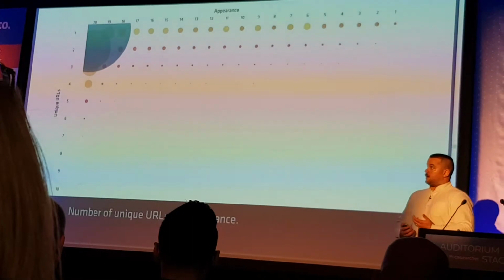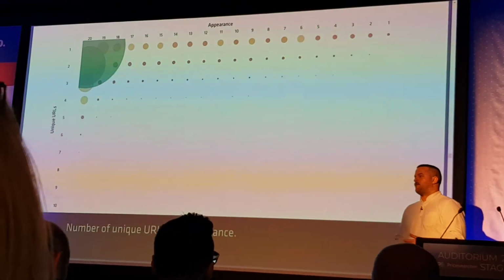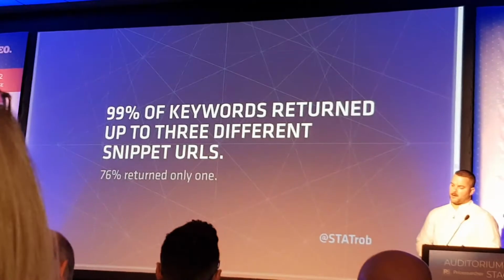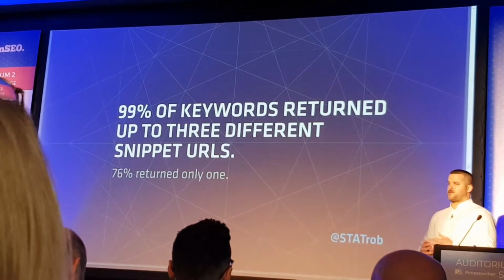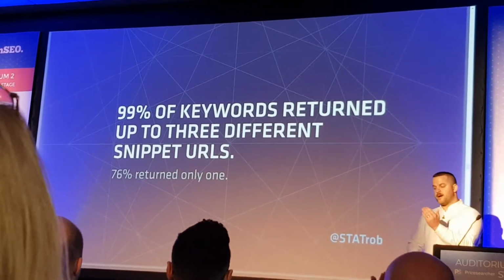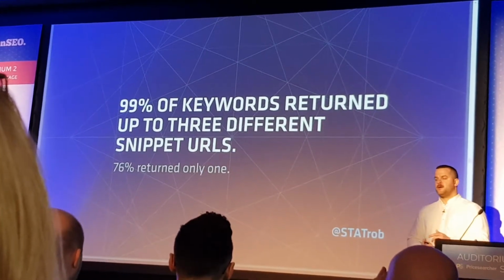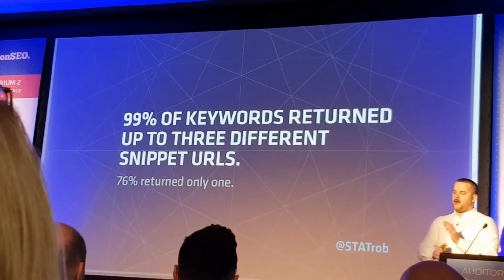So if URLs are the key to volatility, of course we want to know everything we can about that, and that's where we uncovered the second most interesting thing in this study. We learned that 99% of keywords return only up to 3 different URLs during their time on the SERP, which means that if you win a snippet, at any given moment, you're only competing with 2 other URLs. So your competitive playing field narrows dramatically, and you only have to worry about